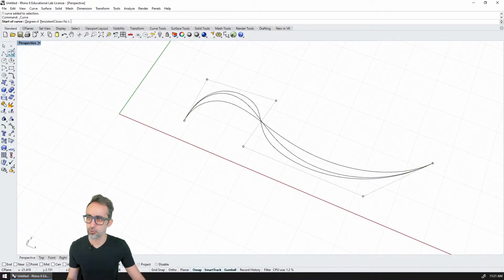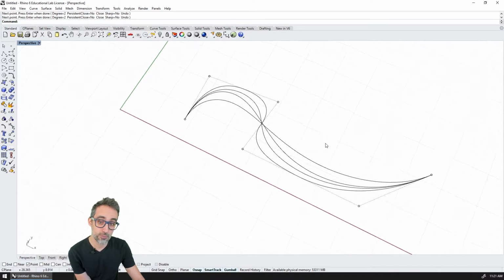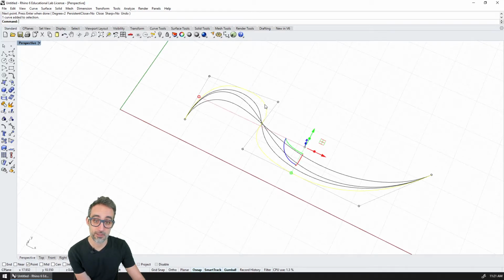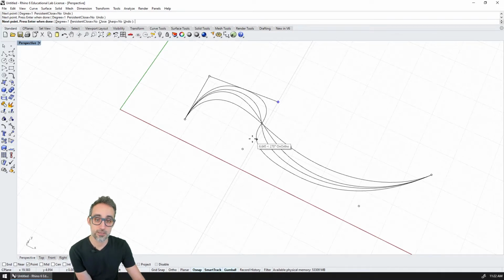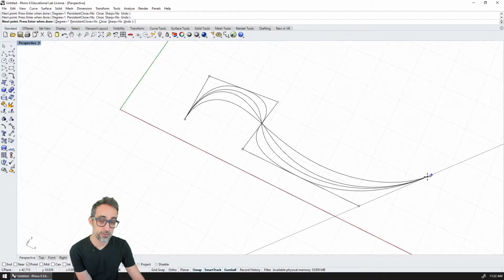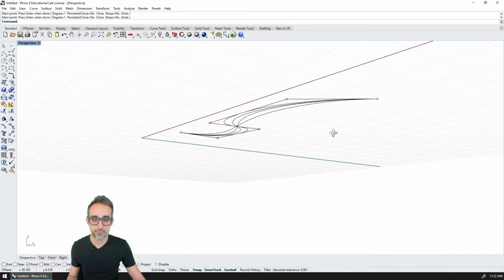What about degree 2? Let's do degree 2. And so this one, you're going to see how the curve is actually tangent to the control polygon at the center of each segment. So this one is control 2 and it's actually touching the curve at the center. And if I were to do degree 1, you will see how this will be simply just the control polygon, because it will be an actual polyline. All right, can you see that?